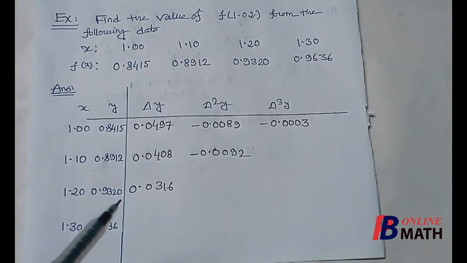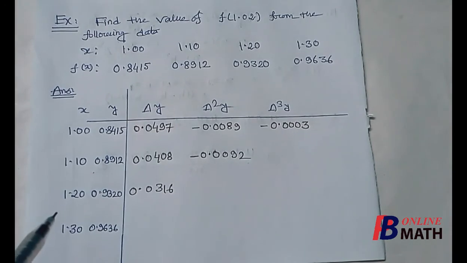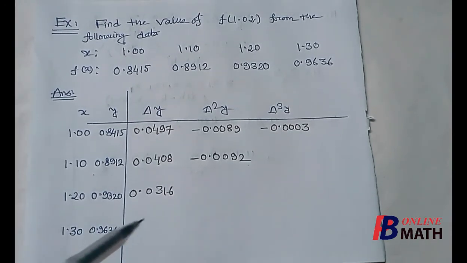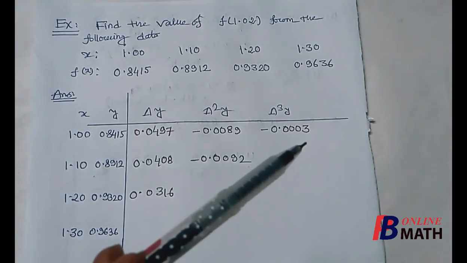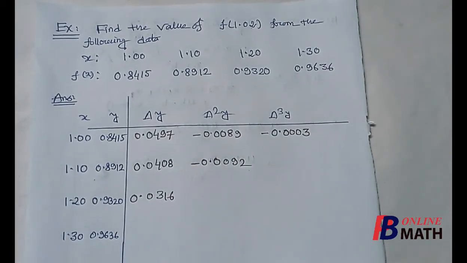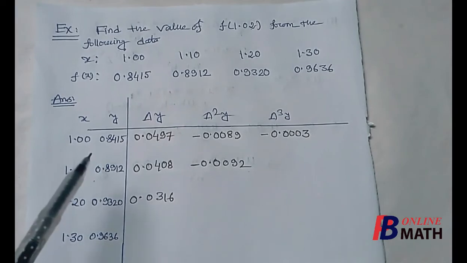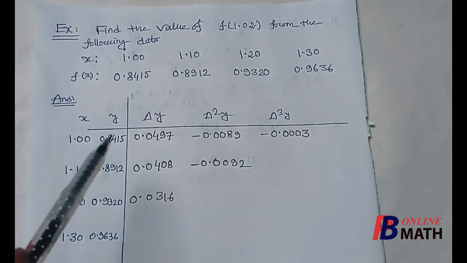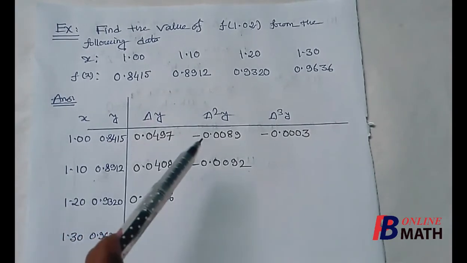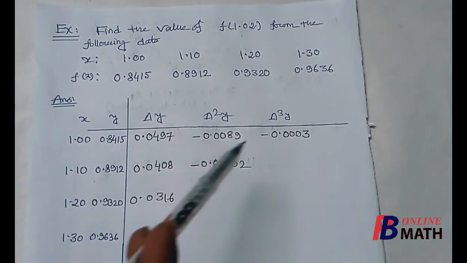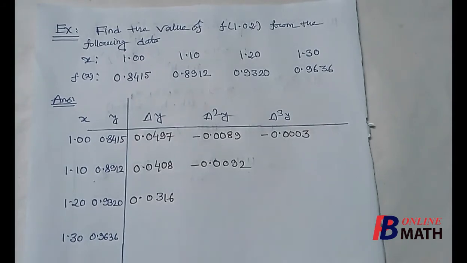Here we have constructed the forward difference table. In fact, we have constructed the horizontal forward difference table. From the table we find that these are the possible forward differences, and in Newton's forward interpolation formula we need only the forward differences of y0, and here we find that this is the value of y0. So this is y0, delta y0, delta square y0 and delta cube y0. So we need all these 4 points. Next we write the Newton's forward interpolation formula.